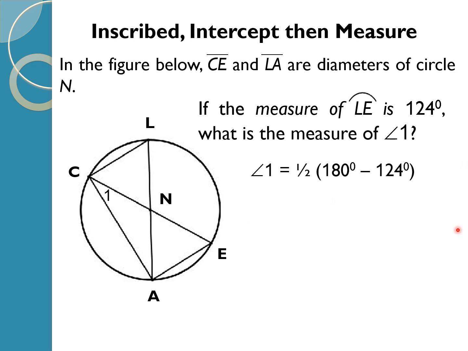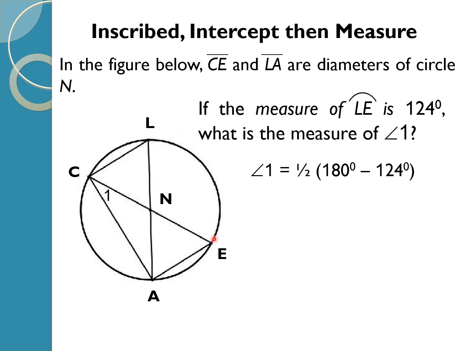So for the solution, we can say that angle 1, by the way an inscribed angle, is equal to 1/2 times the quantity of 180 degrees minus 124 degrees. Okay, so why do we have 180 degrees here? So here we have the semicircle. Arc LEA is a semicircle which measures 180 degrees, and arc LEA is equal to arc